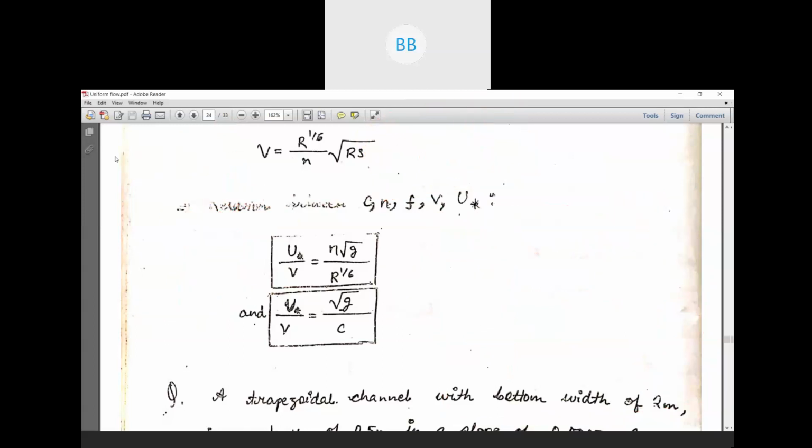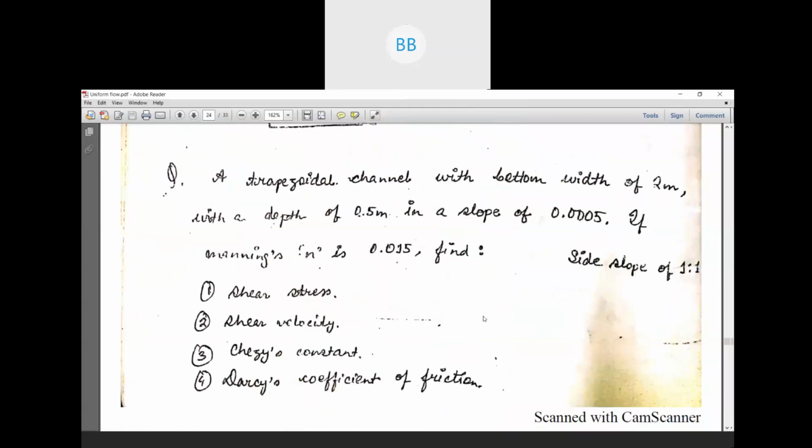Then we move on to the numerical. So we are going to solve one numerical related to your shear stress. So what is given? A trapezoidal channel. So first thing, it is given as a trapezoidal channel. Kindly write down this question. A trapezoidal channel with bottom width of 2 meter, with a depth of flow of 0.5 meter,